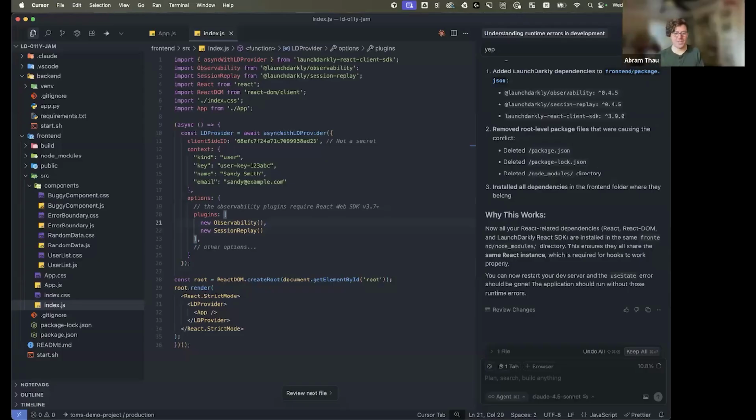The context, you always need a context. This is just the information we have about the current user or session or device or whatever the data model is, but we always need a context kind and a context key, and we have some starter sample stuff in there. The plugins there, new observability, this is also piggybacking off of that client side ID there. So it's going to know where to pipe the observability data to, the correct project and the correct environment there. And session replay,